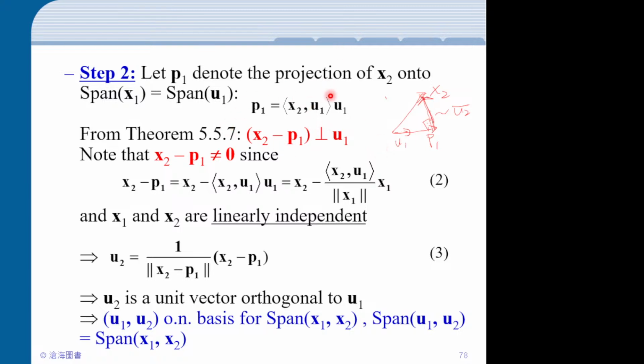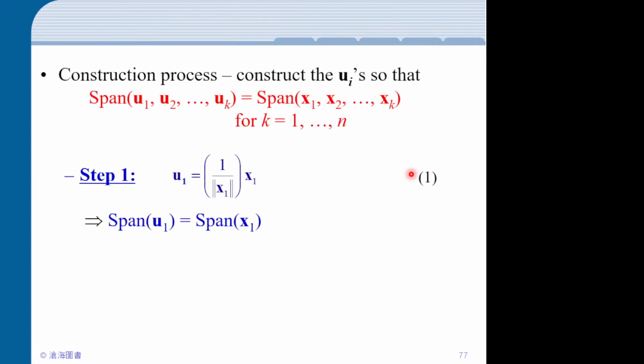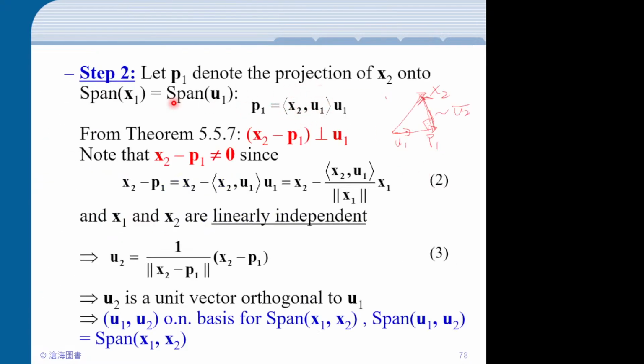So we define this projection. P1 equals the inner product of X2 with U1, times U1. Okay. And so this is basically writing X2. So this is the projection, and once again, it's like this thing. The coordinate of a vector onto some orthonormal thing is the inner product. So it's a bit similar calculation here. So you have the coefficient as X2 inner product with U1. But anyway, the coordinate is this, then you times U1, and as we've seen before, this is a projection, and